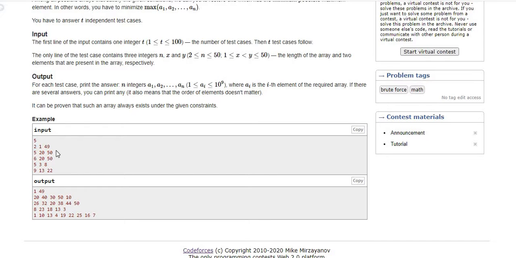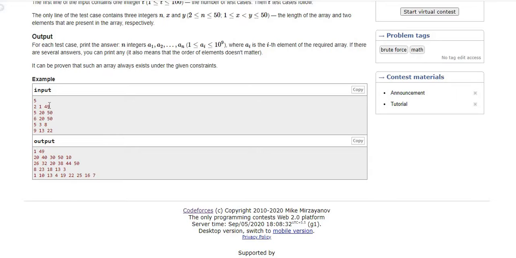If we take the difference of these two elements, why am I taking a difference? Because this can give me the ideal difference point which has to be subtracted. Here I can see 49 minus 1, so 48. So 48 can be the point, so I can first take the 49th element, that is the largest element, and if I subtract 48 from that, it gives me the value 1. To get more clarity on this, let's take the second example.